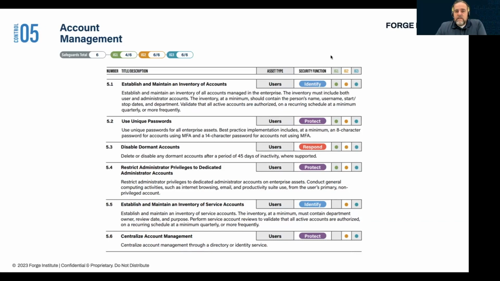And also you can see out here where we talked about the implementation groups, if you remember the safeguards, there were 6 safeguards under account management. 4 of them were in IG1. Well, that's 5.1 through 5.4. But then all 6 of them were in IG2 and IG3. So you can see here that moniker to take the recommendation. Oh, hey, I'm just starting out. I'm going to work on IG1 controls. So I just need these 4 out of there. Oh, I've moved on now. I'm grown. I'm more mature. I want to implement IG2. Okay, so I need to do the 6 out of the account management control.